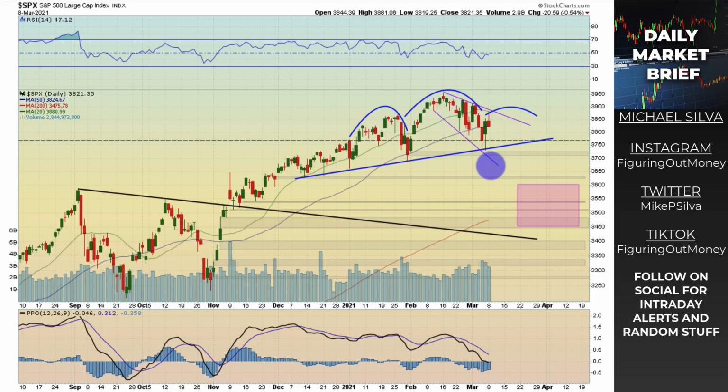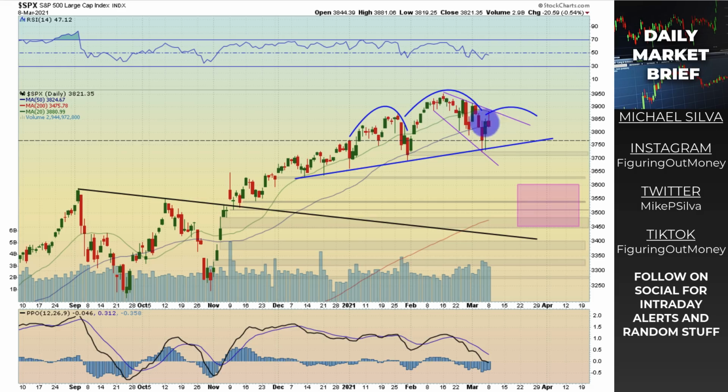These purple lines here represent somewhat of a, you can call this potentially a bull flag, you can call it a descending broadening wedge too, but what we've got to keep an eye out for is a break of either of these trend lines. So for example, this one heading down, this right here has been holding as resistance. So if we break above it, I don't see why we couldn't head to 4,000 quite quickly. So we're going to monitor that.